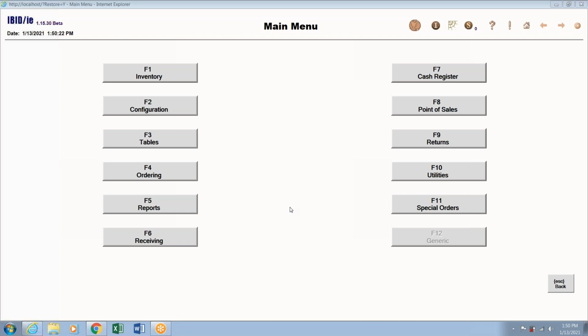This short video is to highlight a new enhancement in the customer integration portion of the IndyCommerce integration, which integrates IndyCommerce web orders into the IBIT-IE point of sale system. From the earlier videos, we know the first